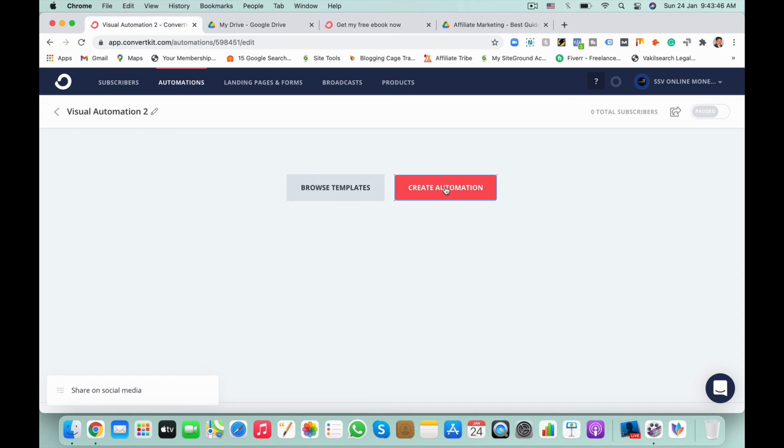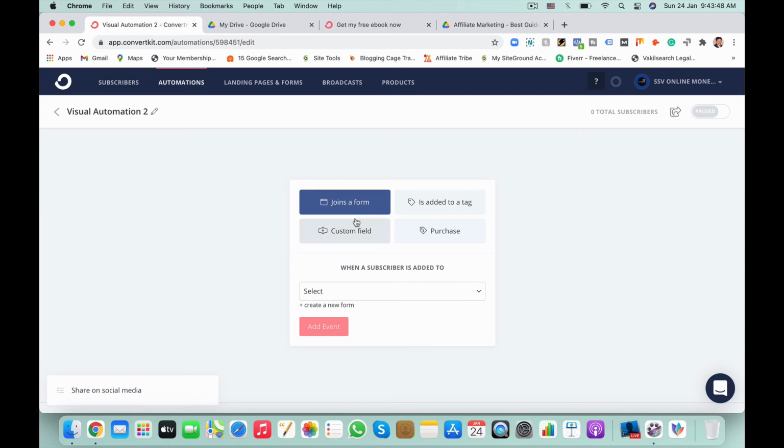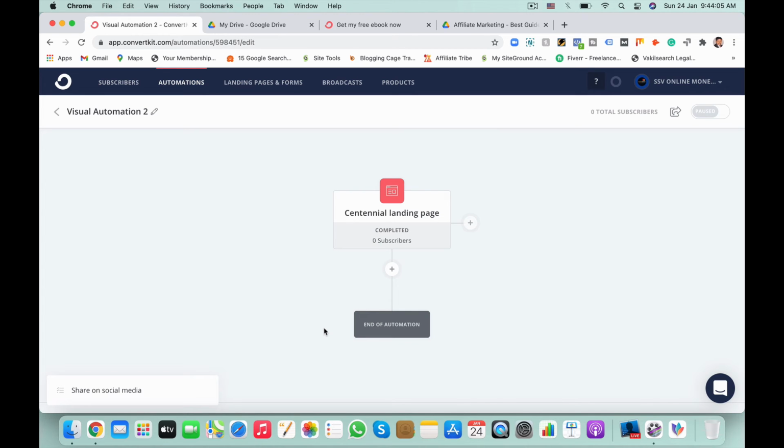Create automation, joins a form. We have created one form in the landing page, so we need to select that form. The form name is the landing page. Add event.